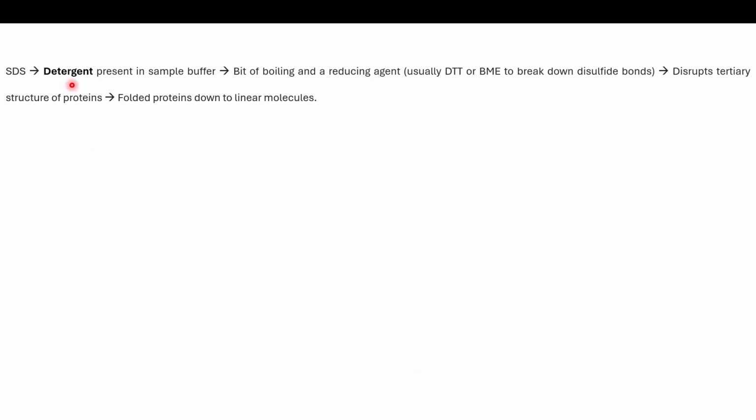After polymerization of the resolving gel, the stacking gel is poured, and the comb, which eventually forms the wells, is fitted into the gel for construction of different lanes for loading the samples. SDS is the detergent present in the sample buffer. We boil the sample, and the sample loading dye also has a reducing agent like DTT or BME to break down the disulfide bonds. Eventually, all this treatment disrupts the tertiary structure of proteins, and folded proteins are broken